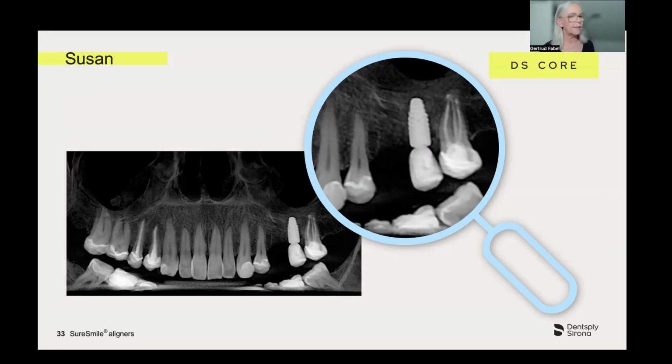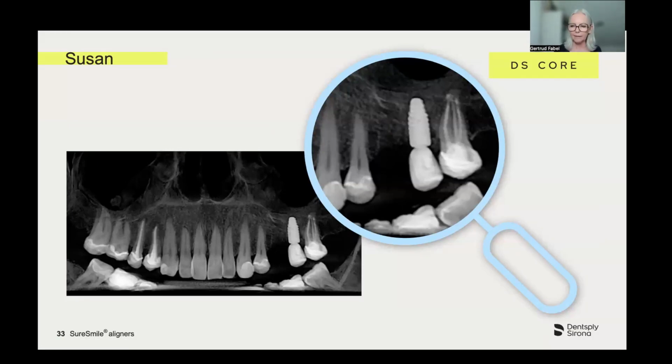So in this case, after extraction of the upper left 5, we decided to eliminate the crowding, and the implant was placed on the very space we